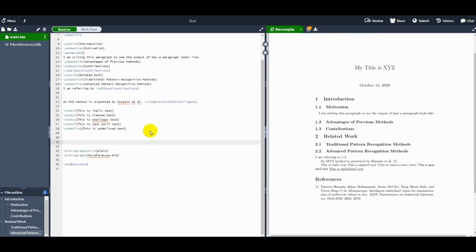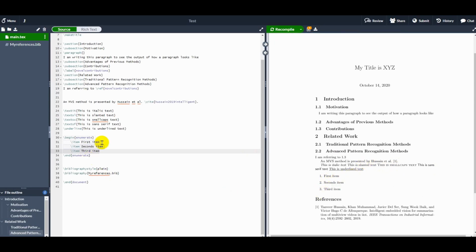For example, I have the list. Then for a list you have to begin, and you have to say, for example, enumerate, and then it already created the necessary things for me. That is what I have to put. For example, I have first item, and then I have second item, and then I have third item. Let's see the output. First item, second item,